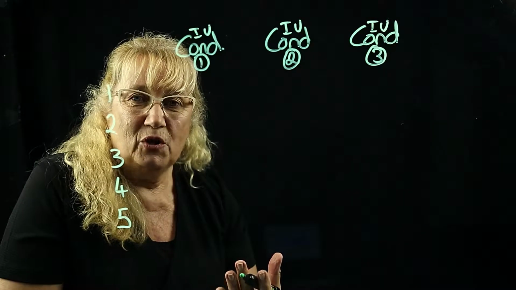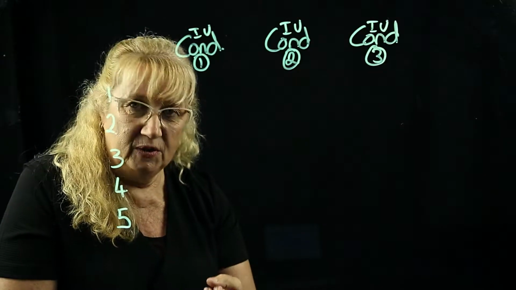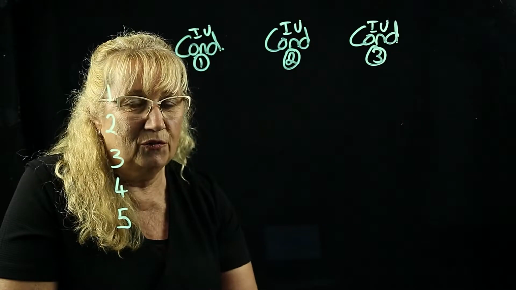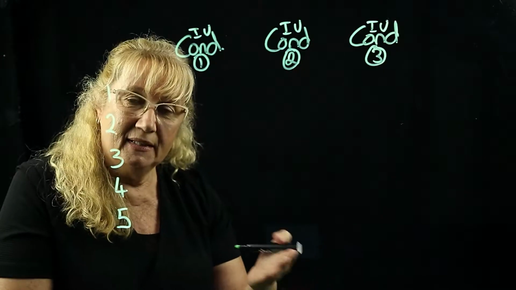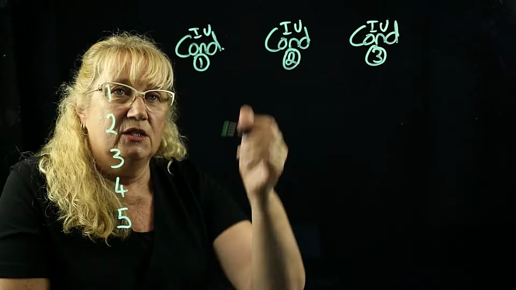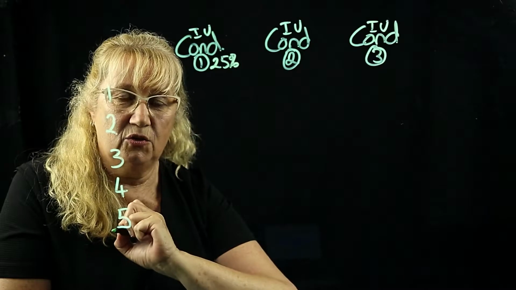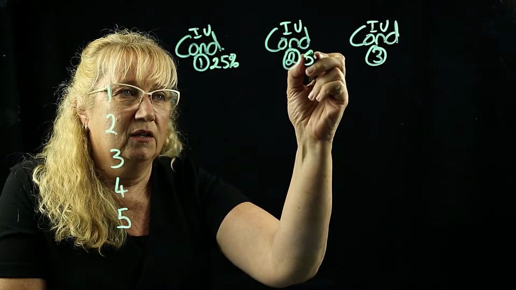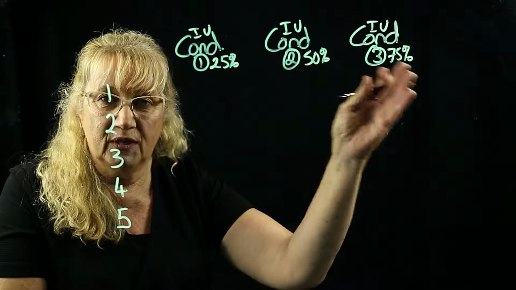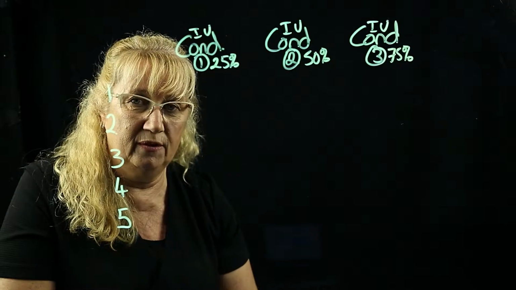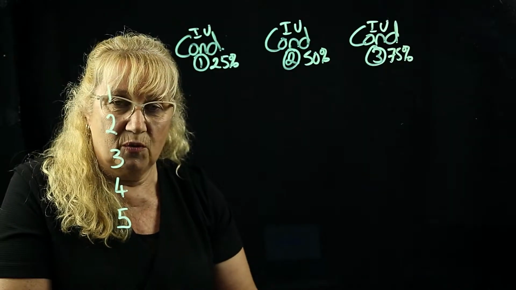So say for instance you have chosen to do a student experiment on the effect of nutrient density on the number of yeast cells. Now the nutrient density is going to be continuous, but the number of yeast cells is discrete. So condition 1 might be 25% nutrient density, condition 2 50%, and condition 3 75% of the ideal level of nutrient broth. Now you're going to count 5 times for each of those 3 different things,